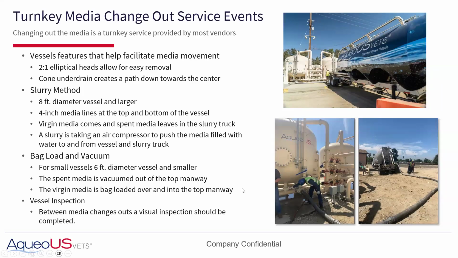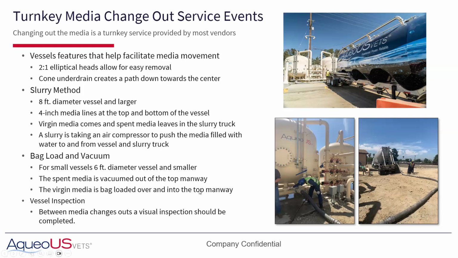So the change out, different ways to remove the media. So again, these are going to be changed out periodically. There are a couple of different ways to do it. Generally, the larger vessels, and these can be up to 14-foot diameter now, typically use a slurry method where there's basically a transfer line on the vessel that a truck comes out. Basically, there's an air compressor and the media is pushed out of the truck. That truck that you see there has basically two tanks in it, one emptied and one with the new media. The old media is pushed into the empty side, and the new media is installed after the vessel's rinsed out